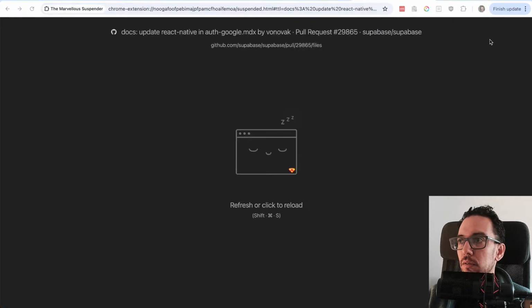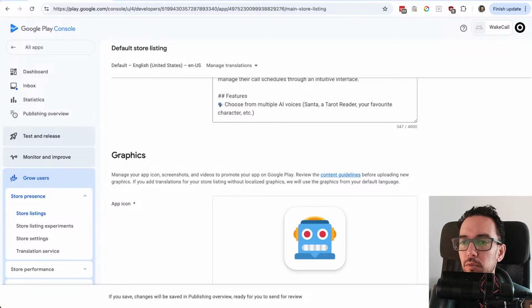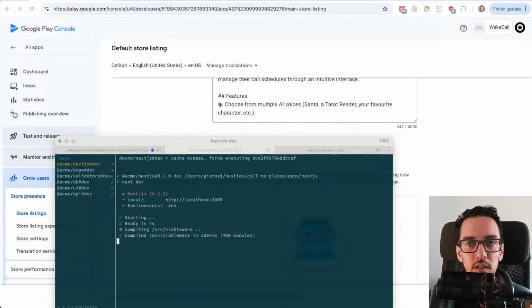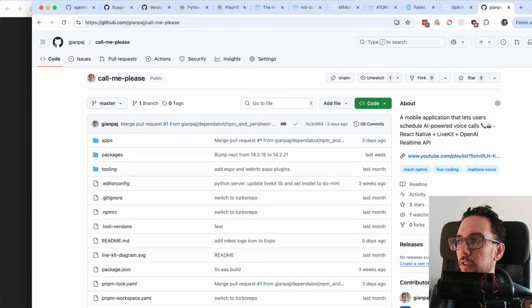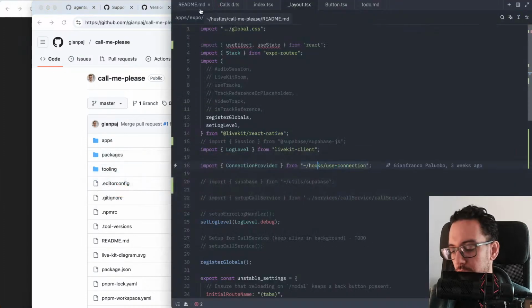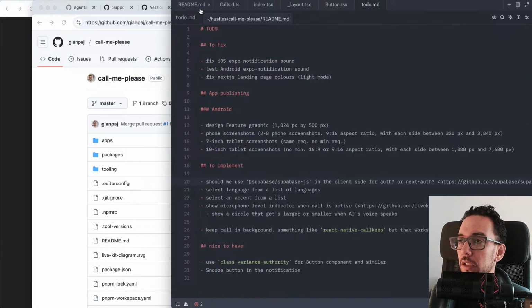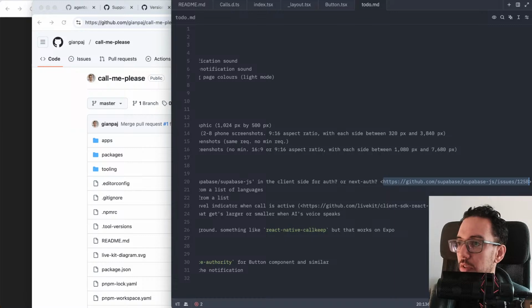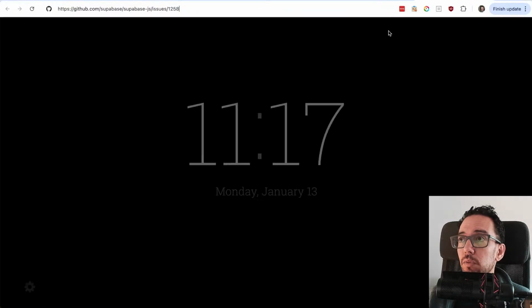Cool. So last time we were doing authentication and I got stuck doing that. So what we are going to do today is continue the authentication part, but instead of using Supabase, which has some issues that I'm pretty sure they haven't fixed in React Native, we have to use something else, which I think hopefully